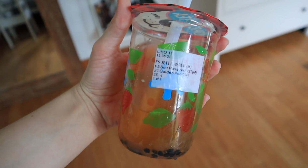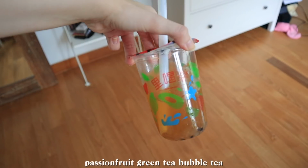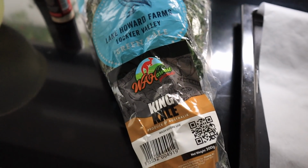I had one of my friends over on this day, and for some reason we just didn't really have a proper lunch, but we combined a bunch of different snacks. So I had some bubble tea, I believe this was a passionfruit green tea, and then my mom had picked up some kale on the